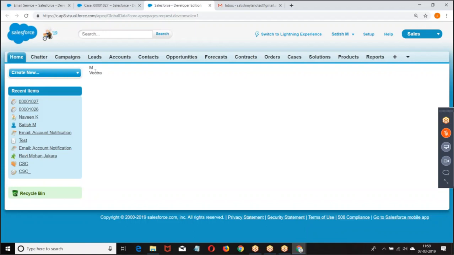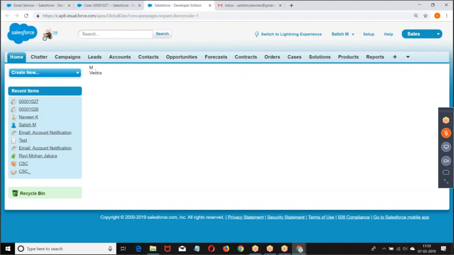How do you create custom global objects? These are standard global objects. How can you create custom global objects? When I have data in a global object, I can access it without writing a SQL query. Generally, if you create a custom object and save the data, you have to write a SQL query to fetch it. But if it is a global object, I can fetch the data without writing a SQL query.